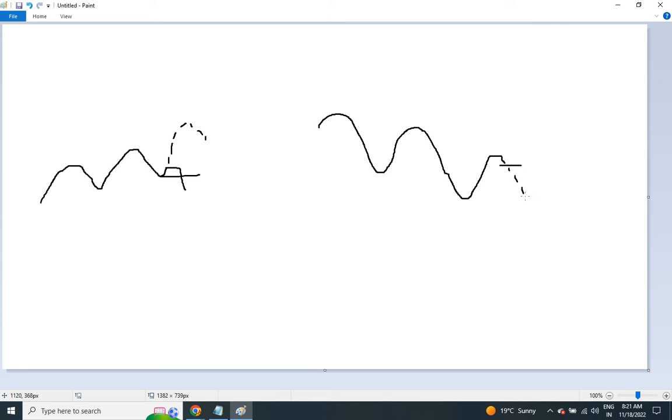This is called a downtrend. Okay, very important point. You are expecting this to happen. Your stop loss would be here. In case you have shorted, you have sold it at 100, then the stop loss would be 102, because you are on the short side. So if you have sold at 100, your stop loss would be 102, but the target could be, we'll calculate what should be the ideal target for it.